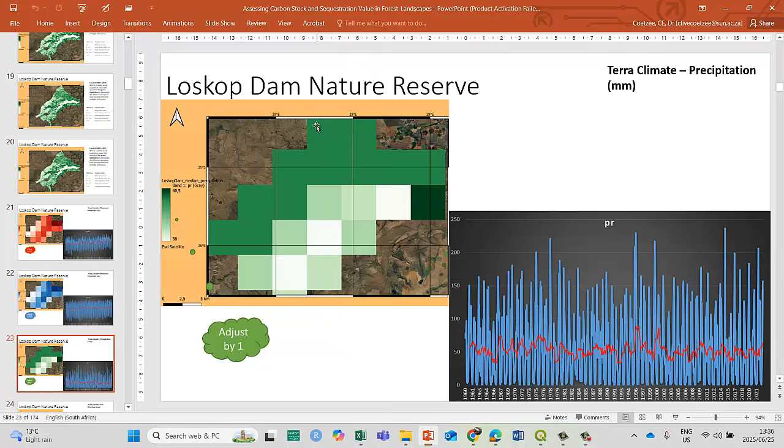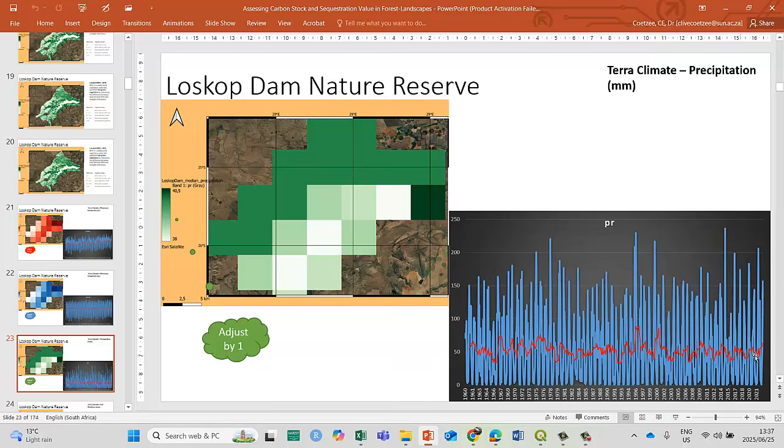The northeast, southeast, southwest, west, northwest, and then east. Okay, there's our precipitation.